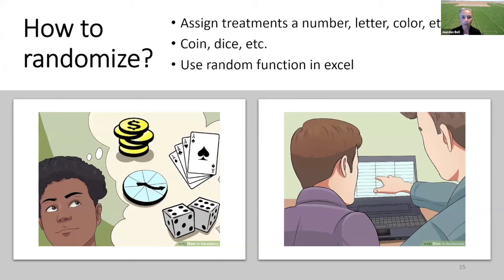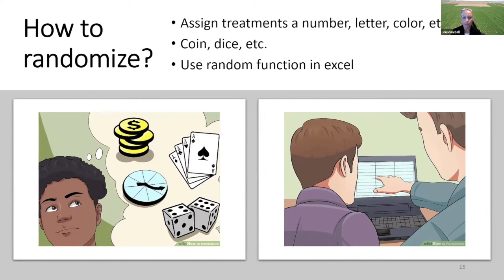We can assign treatments, or we need to assign treatments, a number, letter, color. People have different codes that they like to use. It can be done very simply. You can just flip a coin. You can roll dice, use cards. I've known of people who have put treatments in envelopes and shuffled envelopes and then opened the envelope to apply the treatment. Also, there's a random function in Excel, and you can use that random function and it can randomly